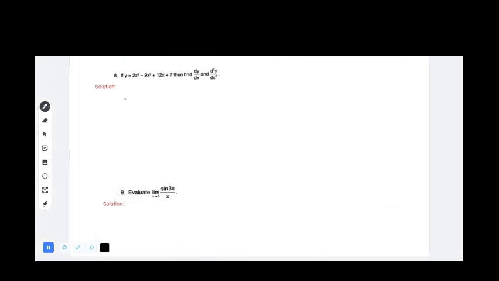So moving on to the next question, we have: if y is 2x cube minus 9x square plus 12x plus 7, they're asking us to find the differentiation. It should be differentiated two times, that is first order and second order. So here, differentiating with respect to x, we get